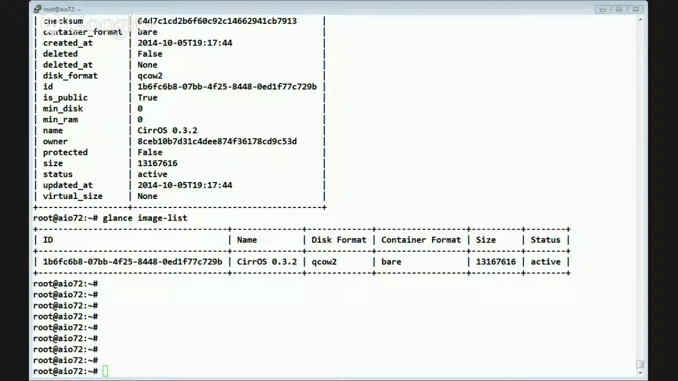Hello, everyone. So this is part three of our lab, and we'll go ahead and install the compute services on our controller node, or on our AIO node. If you recall from our topology, we are doing a two-node installation, so we will be installing some of the Nova services on our